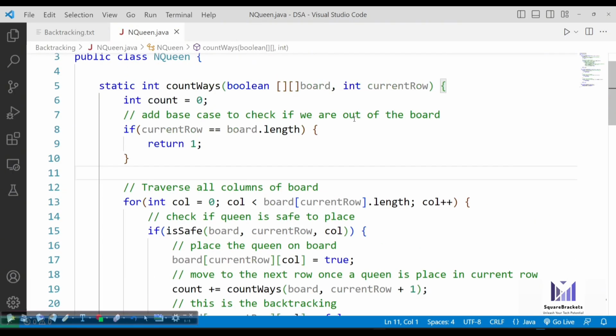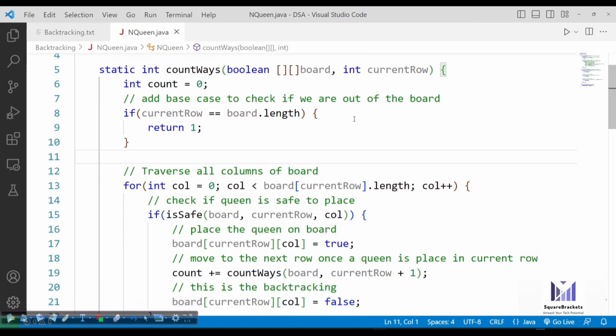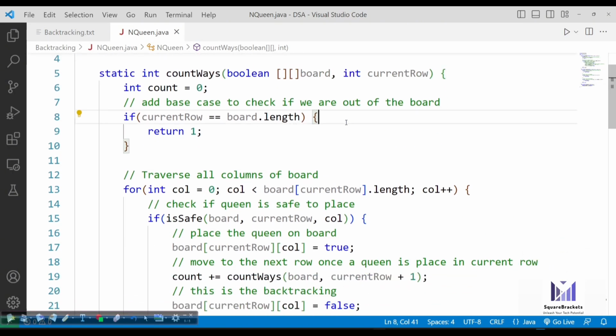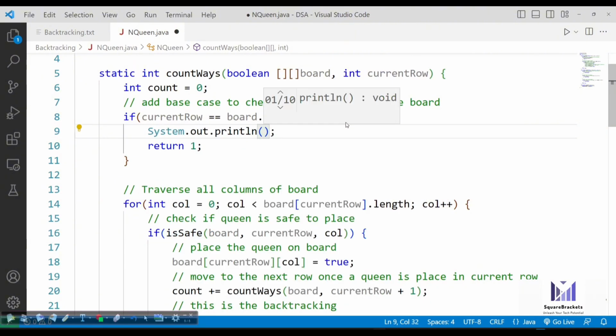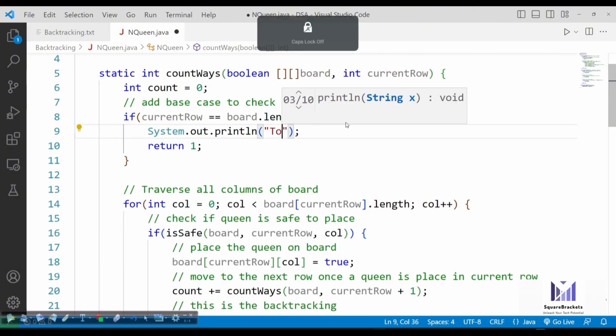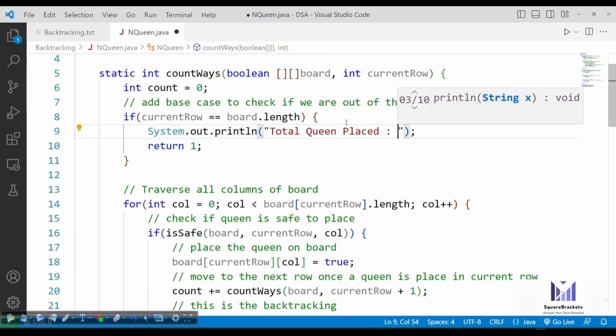That's it. So now this is the N-Queen problem, and at the end, once you return 1, just print the total queens placed. Actually, right now, just print this count variable.